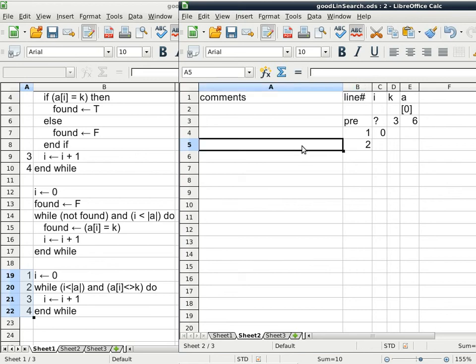In the first iteration, or the first time we evaluate, it's the same thing. Because I is 0 at this point, bar A bar is 1. 0 is less than 1 is true. Evaluate the other half. A bracket I is A bracket 0, which is 6. 6 is different from K, which is 3, is true. So A bracket I is different from K is also true. True and true is true. We go into the loop, we go to line 3, it adds 1 to I, and then we go back